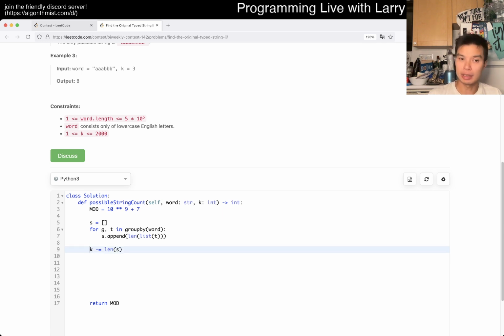Okay, so if k is too small, then all of them count, right? So if k is greater than length of s, then we just... or is it the other way around? No, the other way around. Because if k is too small, then all of them are possible.